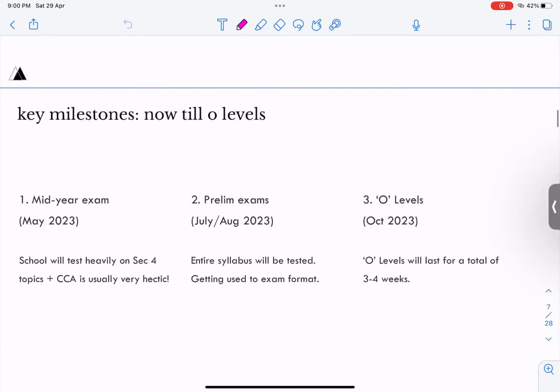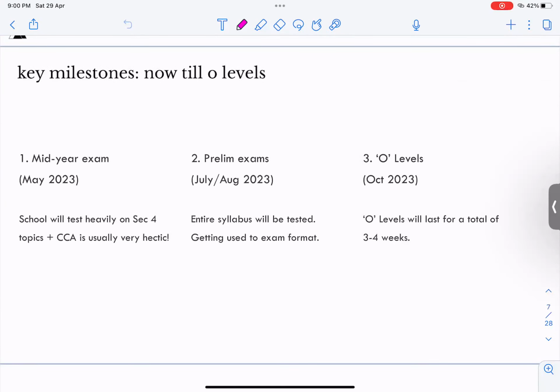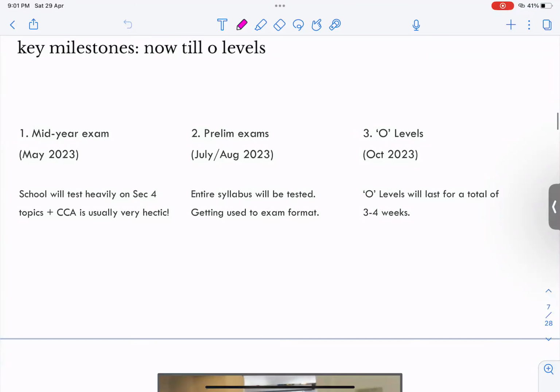Then this is your milestones. Actually, you have super little practice, you realize. There's 3 only. And some of you don't even have mid-year exams. Let's say it's replaced by WA. Some of you, your WA already passed. So you only have 2 exams left. You have 1 exam to practice and then 1 real one. So it's actually super little time. And they will test you the entire syllabus from your Sec 3 to Sec 4. So you have a few months, you have to remember all